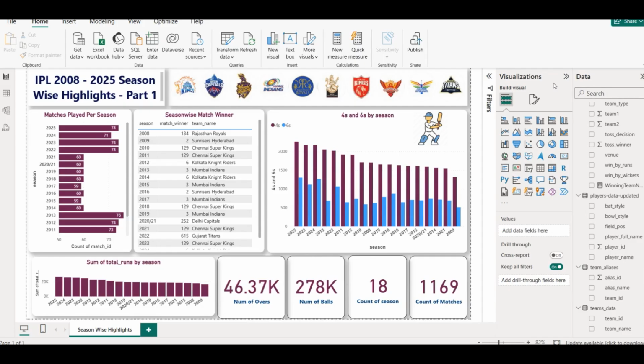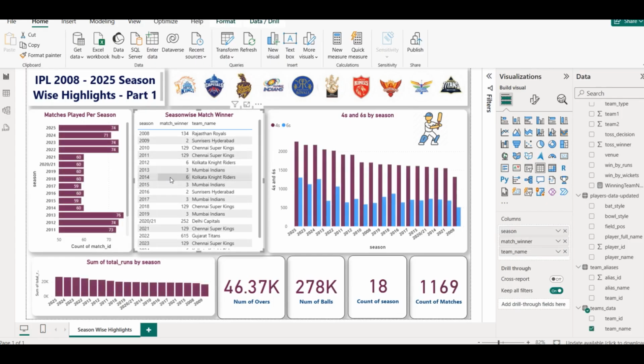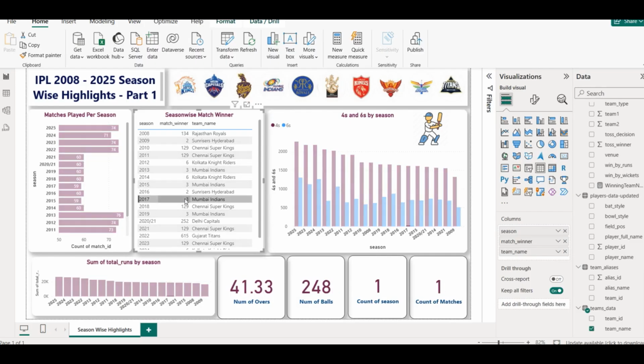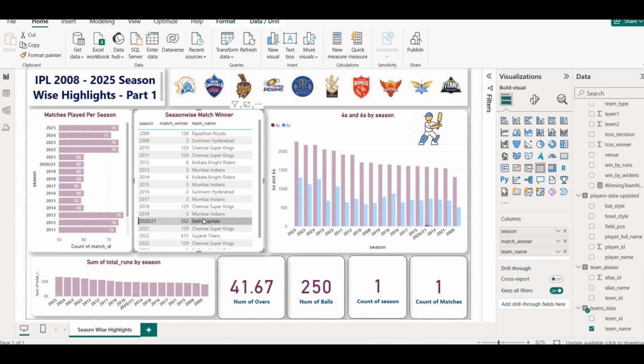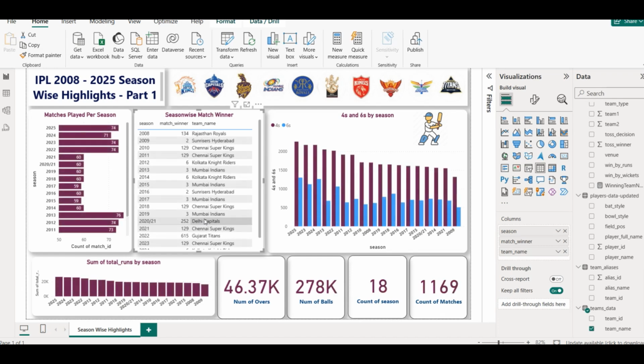In this part, we are creating a dashboard related to IPL data. We have data of IPL 2008 to 2025. In this data set, you can see we are creating our first dashboard. We will create 10 dashboards with more than 60 questions. In this dashboard, we are solving 5 or 6 questions, and in the data set you can see we have